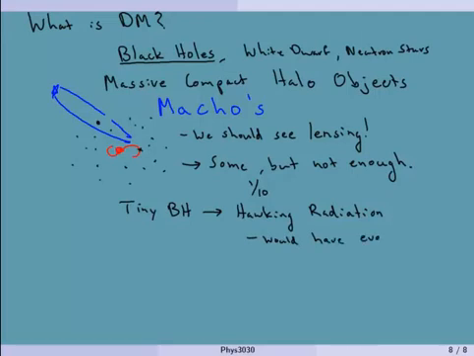So the only way that people could really think about how these were formed was in the Big Bang. Okay, the only place where you could have formed lots of little black holes like this, and they would have evaporated by now. And so this can't be the explanation for what these things are. You wouldn't see lensing from tiny black holes, because they would have already evaporated due to Hawking radiation. Okay, so now we're still trying to figure out what these things are.